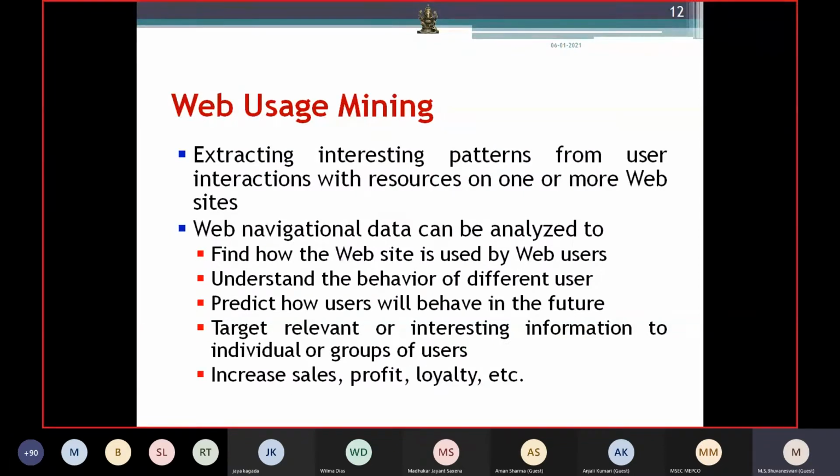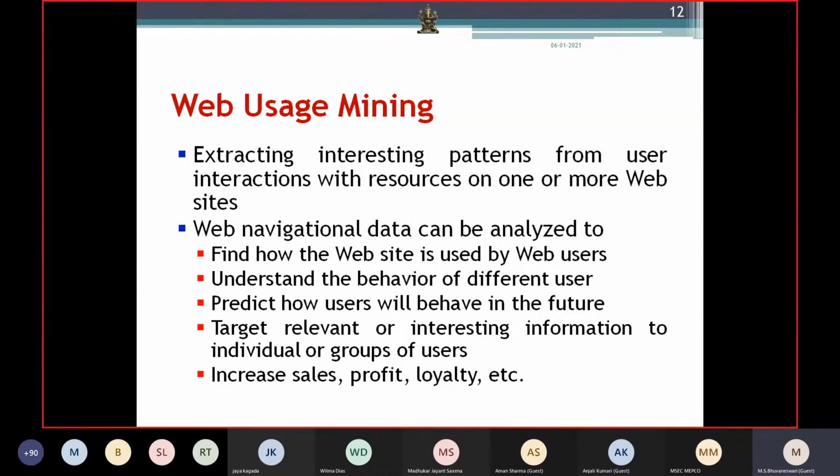That is web usage mining. This is a main topic which is related to item set mining. I have done it, right? Web usage mining means based upon how the users are using my website, I am going to extract information. I am going to extract the interesting patterns that occur as a result of user interaction with the website. Using this navigation behavior, what are the things we can infer?